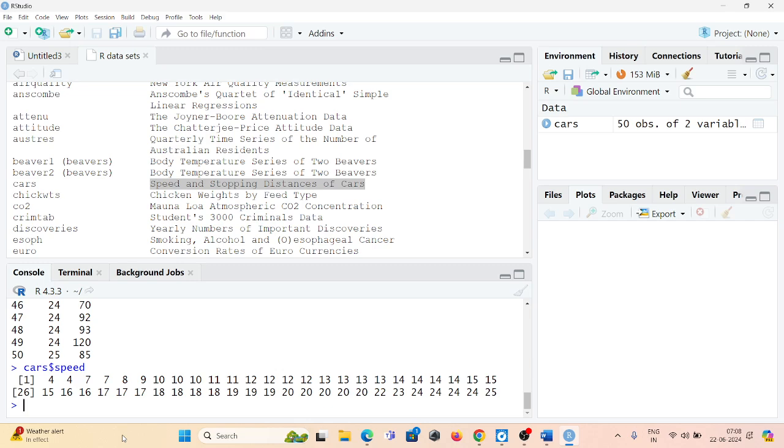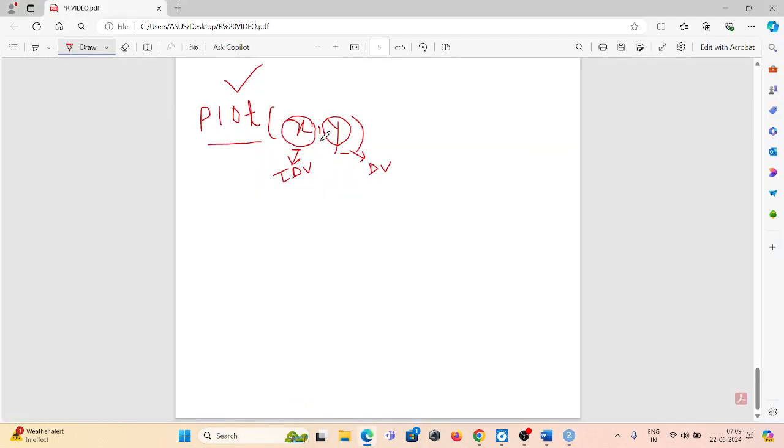That means distance depends upon speed. So can we cut the distance? No. We can increase our speed or we can decrease our speed. If we increase our speed, we can reach the destination before the estimated time. So which one is being manipulated here? This is the speed. So here speed is the independent variable. Since it is the independent variable, it will be written before the comma, and distance is the dependent variable, so it will be written after the comma within this plot function.